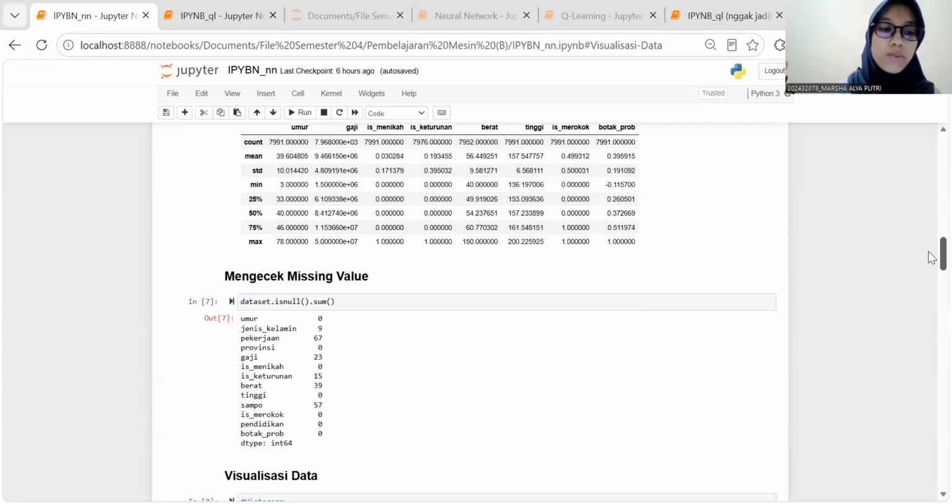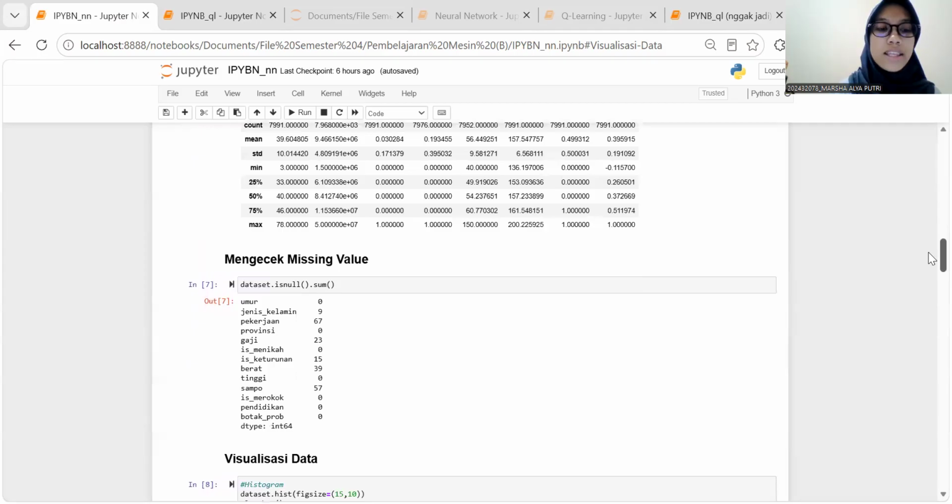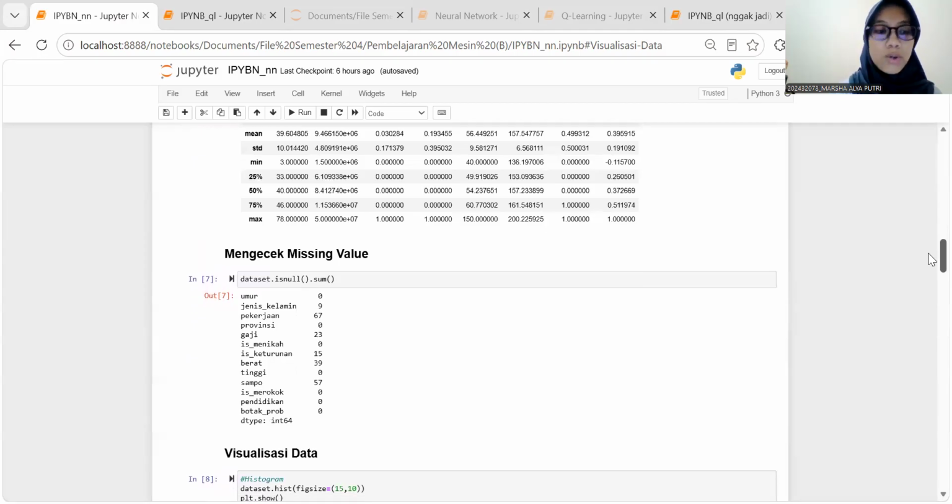After that, we check whether the dataset contains missing values using isnull().sum(). Missing values may reduce the performance of the machine learning models, so they need to be handled before training.